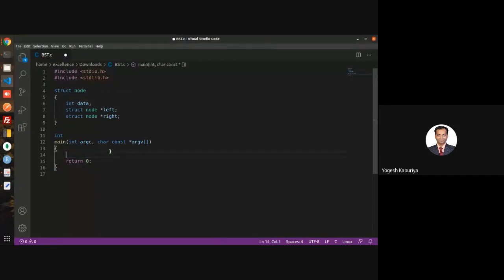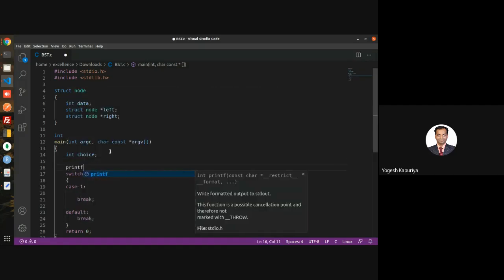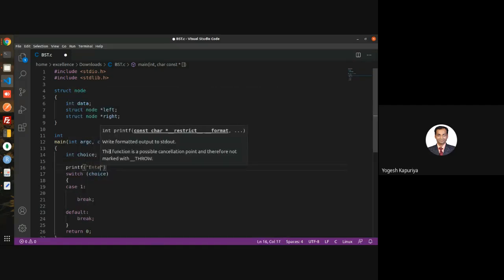Most of the time, whenever you are writing this kind of program, the base case is a switch case program. So what we are interested in is something like this: you will take a choice from the user. Obviously, when you are taking this choice, you need to first display what the options are. So options are,